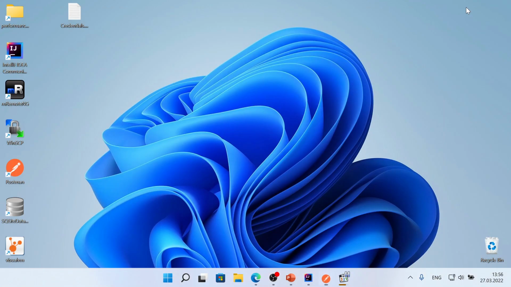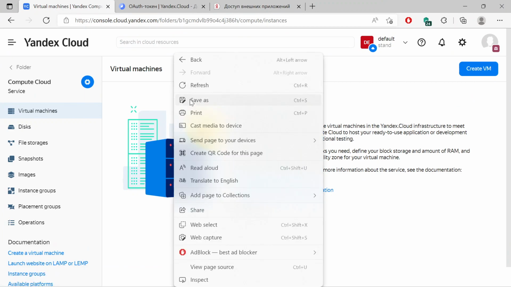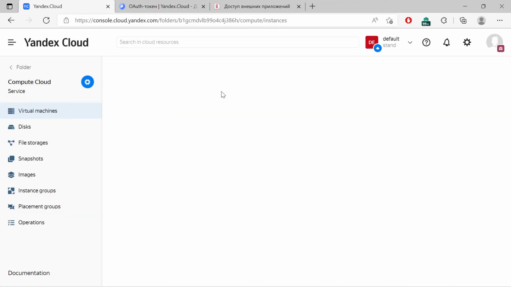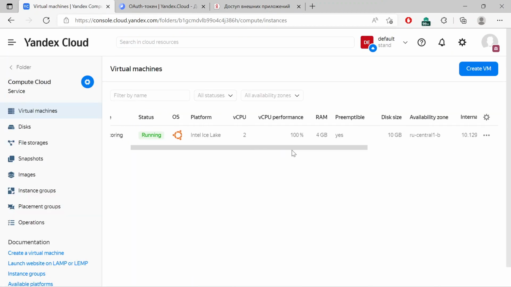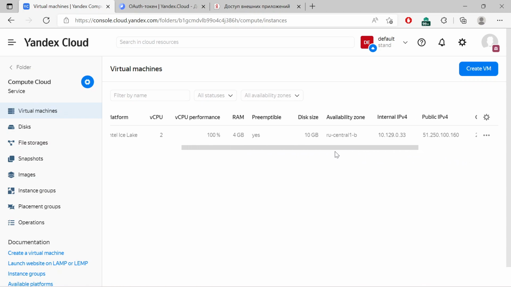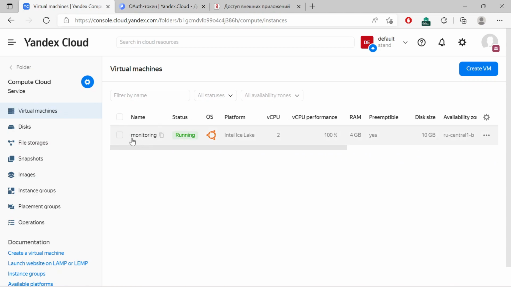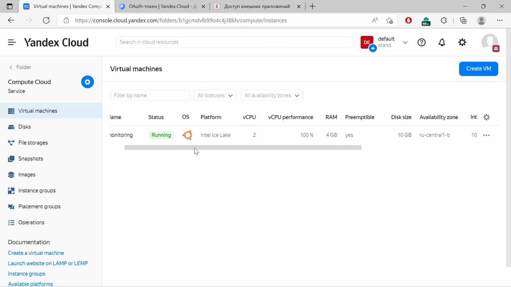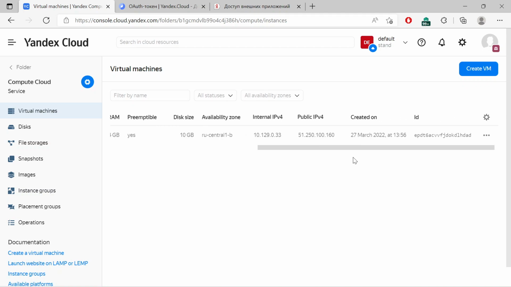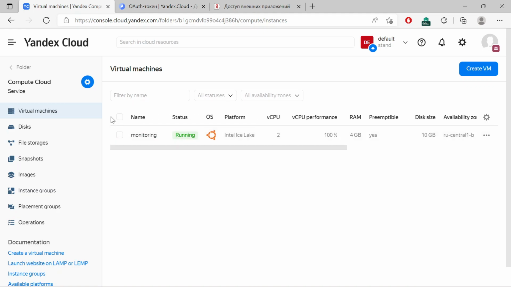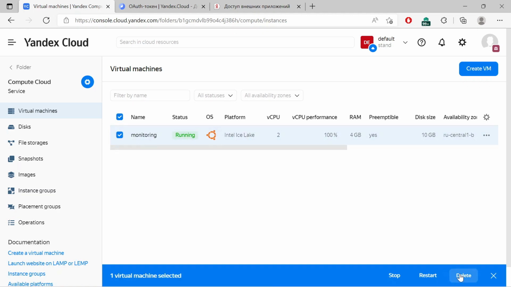The virtual machine is starting and should already be displayed in the Yandex Cloud interface. It is obvious that the machine has been successfully created and corresponds to the parameters that were set earlier in the request. Now it remains only to automate these actions in Ansible.